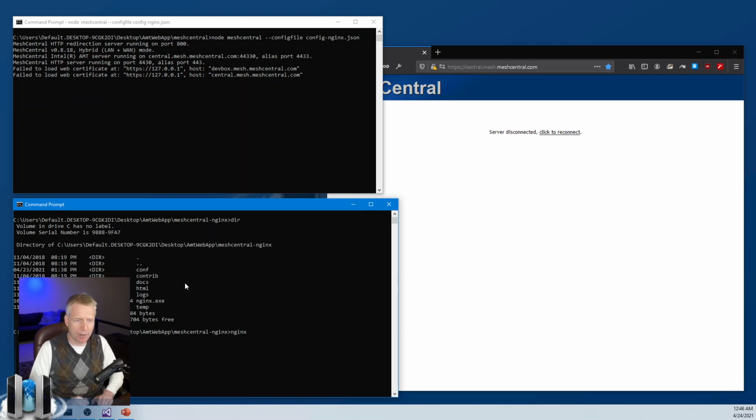Now, before I hit enter here, what's going to happen is as soon as I run this, NGINX is going to bind to port 80 and 443. It's going to start receiving connections and forward those connections to MeshCentral. Now, what's going to happen with the first connection that goes through from an agent is that MeshCentral is going to say, wait a minute,